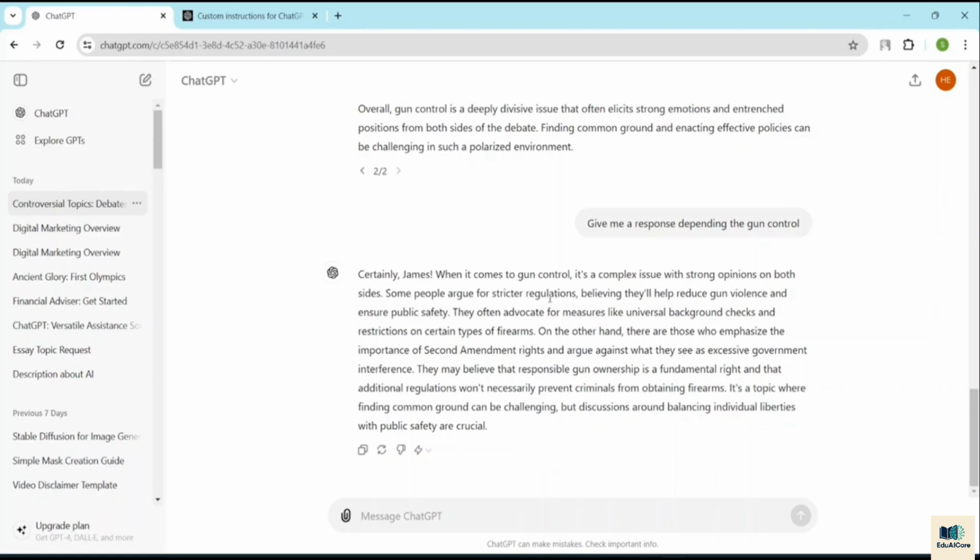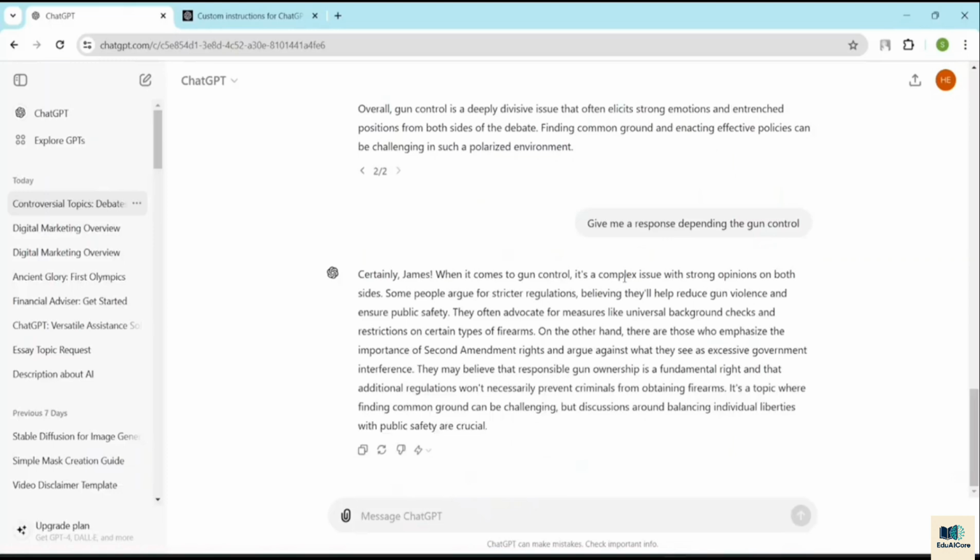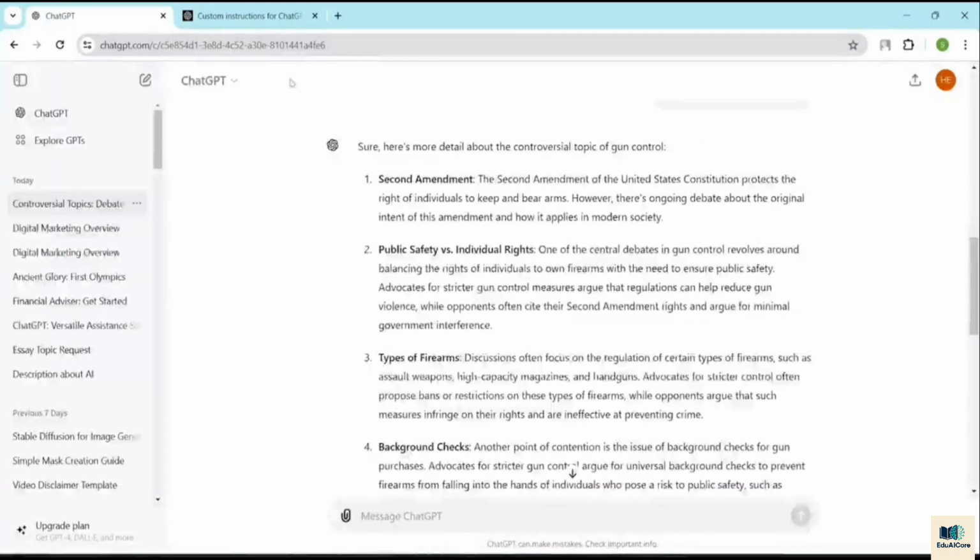Some people argue for stricter regulation, believing it will help reduce gun violence and ensure public safety. They often advocate for measures like universal background checks and restrictions on certain types of firearms. So you will be able to see that over here, they will be defending the gun control system right over here,